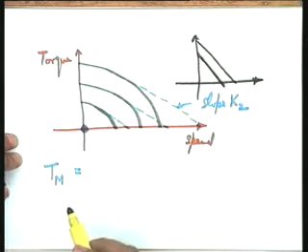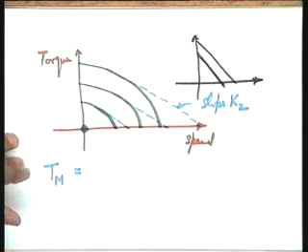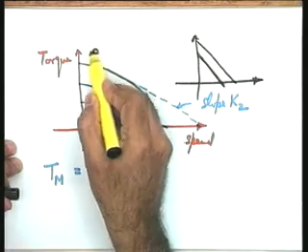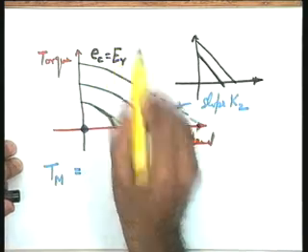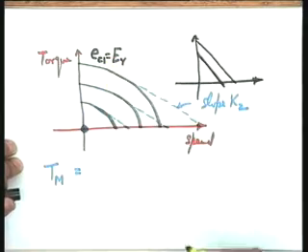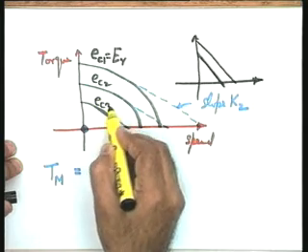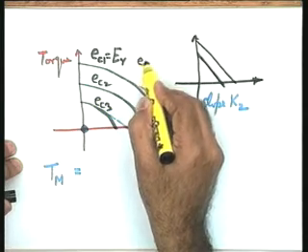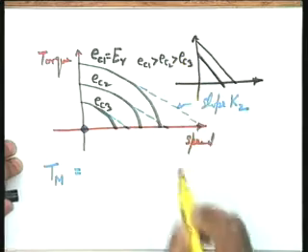What is the other factor? The other factor is going to be control voltage. Recall, EC is the input to the control phase. If EC is equal to ER, then let me assume that this is the curve. Let me call this as EC1. This is EC2. This is EC3. Please see that EC1 is greater than EC2 is greater than EC3.